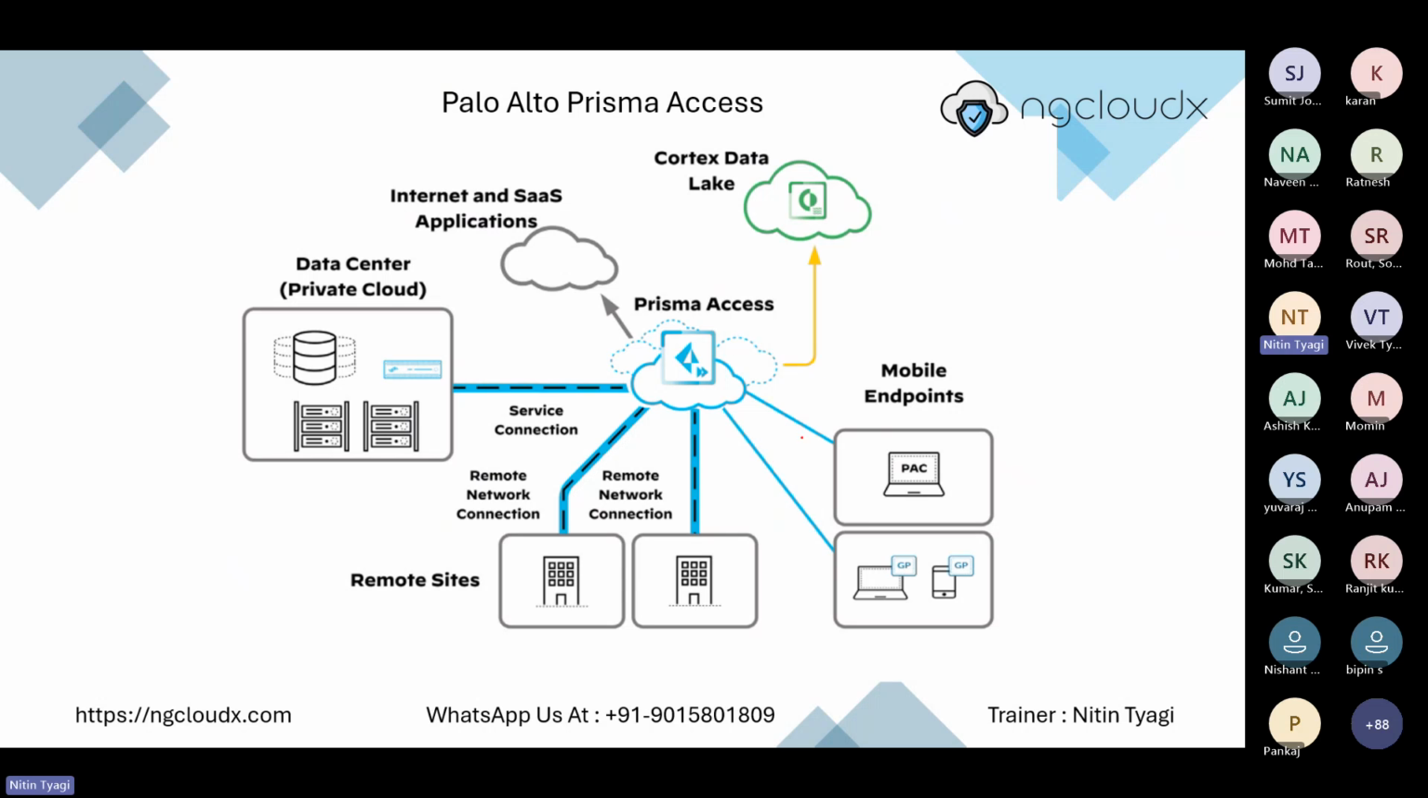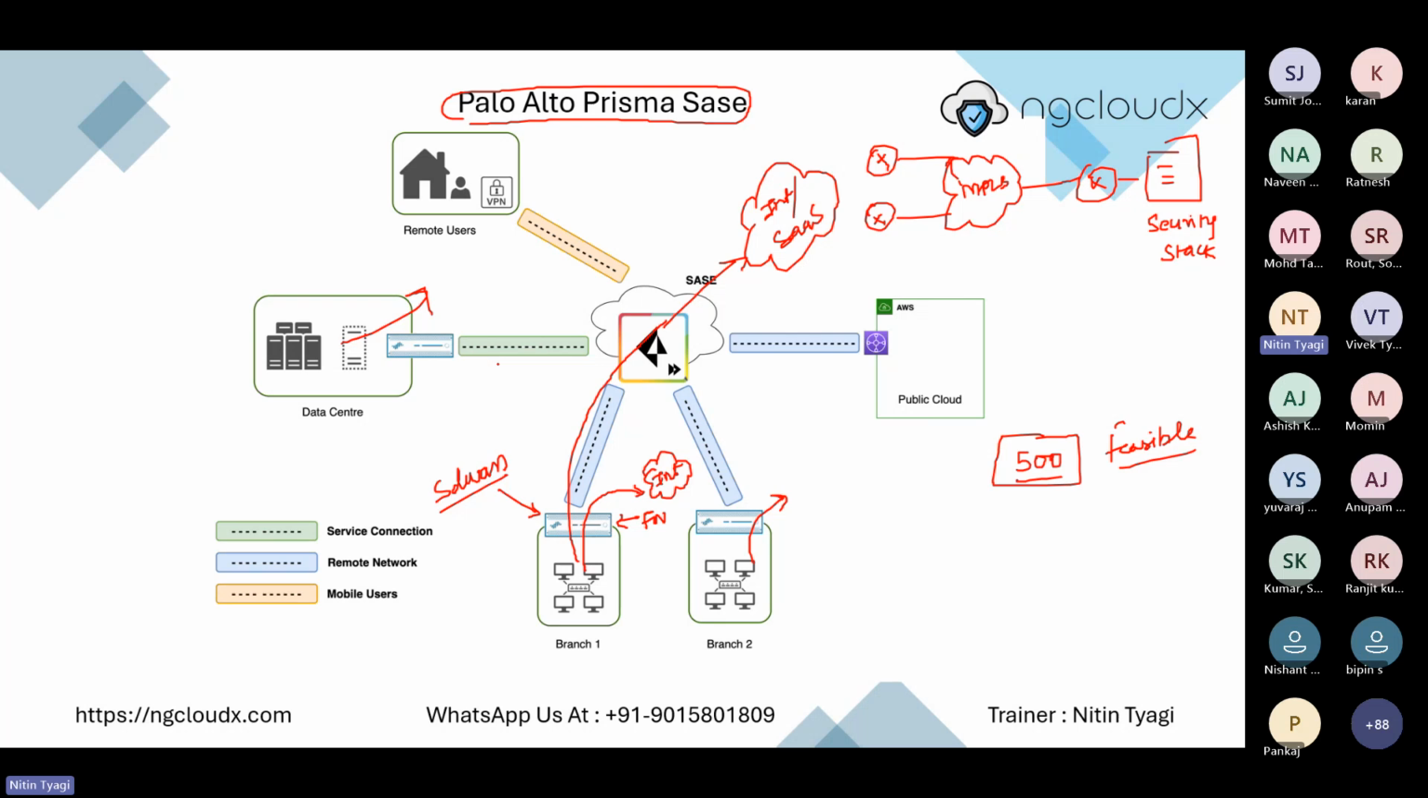Now this is how it is going to look in Prisma SASE, single vendor OEM. So we have two solutions from Palo Alto. One is Palo Alto Prisma Access. Now this is the direct replacement, or similar technology, to Zscaler Internet Access and Zscaler Private Access, right? And then you have Palo Alto